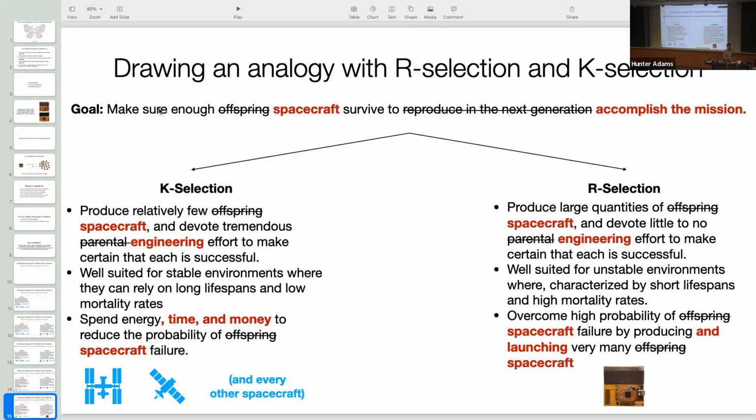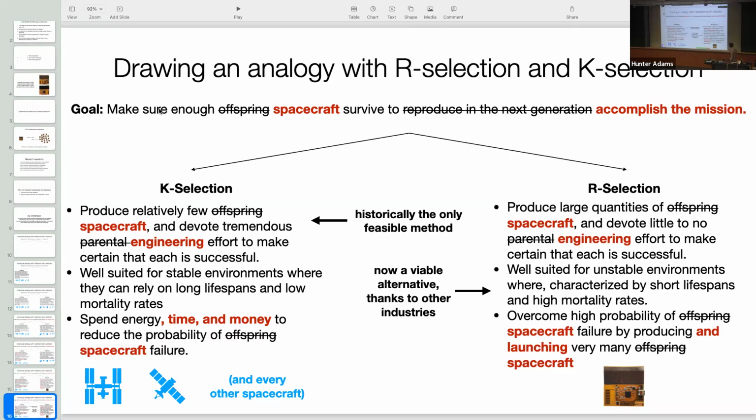And I'll just mention incidentally that I believe that the reason that we haven't seen this kind of solution to mission assurance previously is that it hasn't really been possible until relatively recently. In order to deploy this kind of solution to spacecraft mission assurance, you need to be able to manufacture your spacecraft for next to nothing, right? You need to be able to manufacture these things for dollars or pennies. They need to be really low mass. You know, they need to be able to communicate with them over long distances.